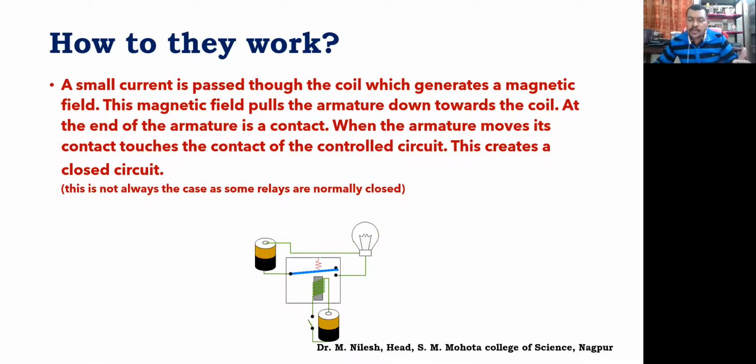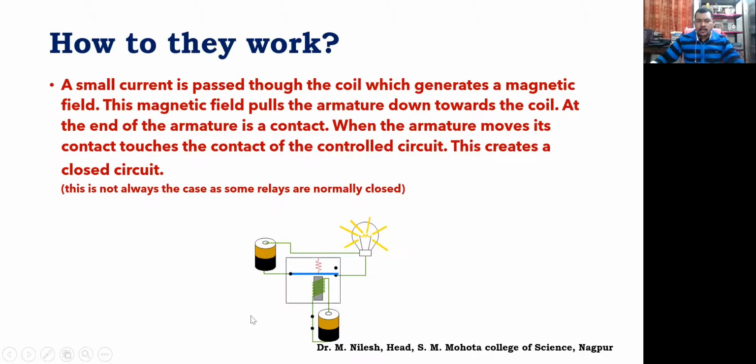I'm going to show you this animation. This animation is wonderful to understand how a relay works. So again, this is the DC circuit. This is a coil, green color coil, and this is a gray colored iron piece. Whenever this switch is closed, the current passes through the coil, and